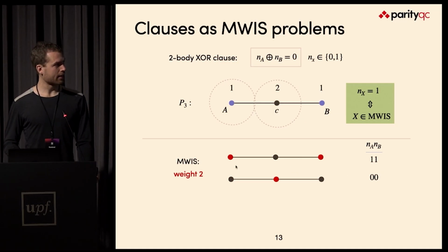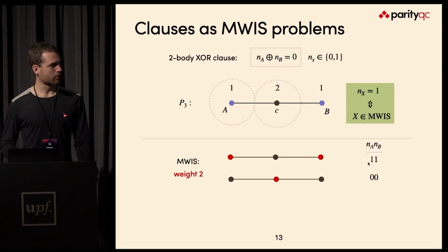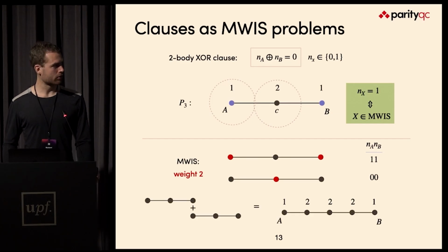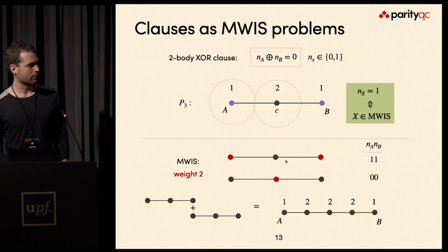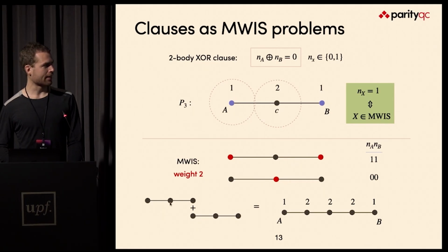And so what you see here is that if you look at the truth table, either both of the qubits are 1 or both of them are 0, which is exactly this condition that you want to implement. And you can do this also for longer links if you want, by basically adding two of these smaller links to each other, which means that you get something like this, where A and B are again the outside points,